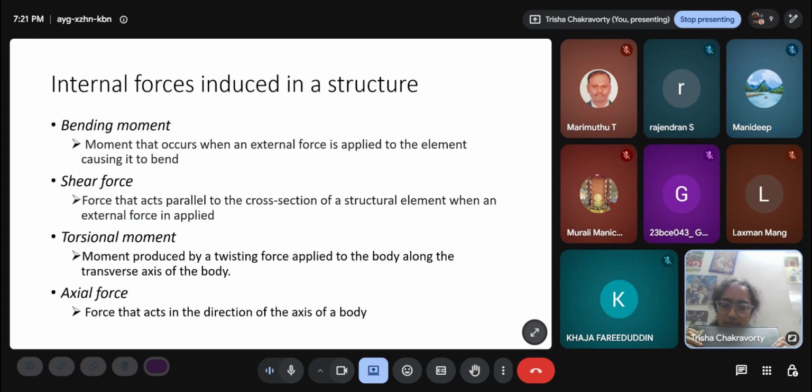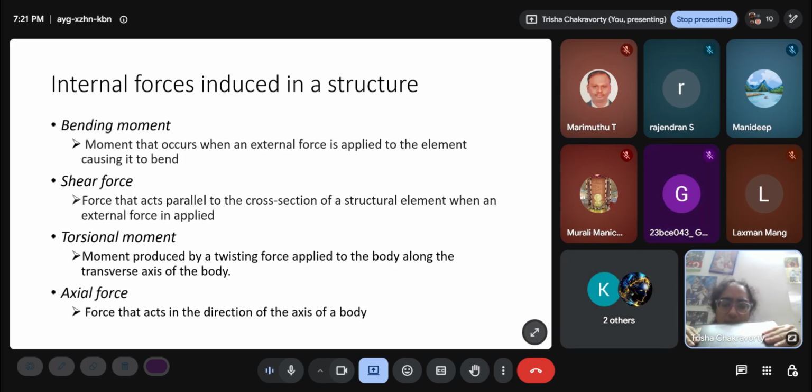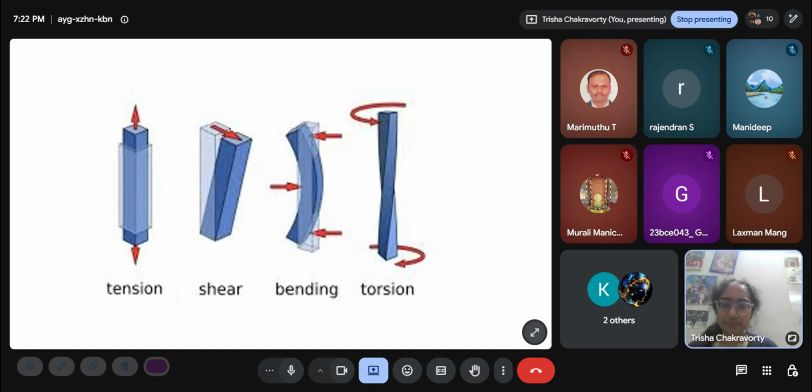And axial force is that which acts in the direction of the axis of a body. Axial force is a pulling or a tension or compression. It is very easy to visualize. If this is a member, a truss member, this pulling or pushing along this direction is an axial force. So axial force and torsional moment are oriented along the axis, and shear force and bending moment are oriented perpendicular to the axis. This is a diagram, it shows it clearly enough. This is the element. So tension or compression, if it's pointing inwards, this is axial. This is shear, you can see this can be shear, and along this also can be shear force. Bending moment is induced due to shear force generally, and torsional moment is twisting moment. The direction is along this axis again.